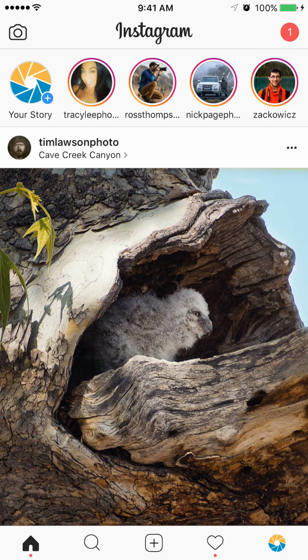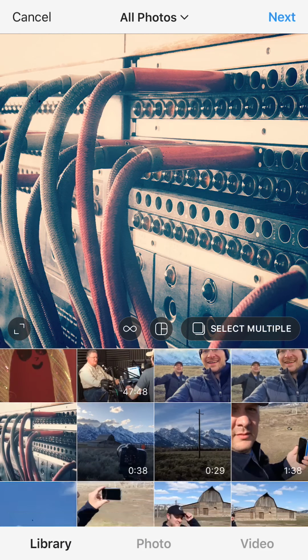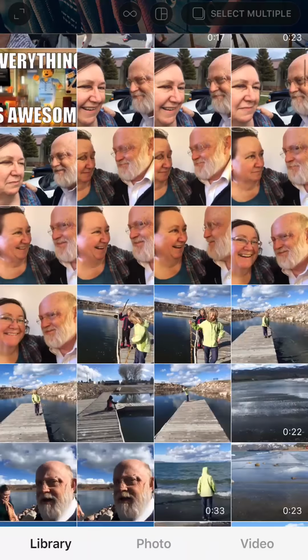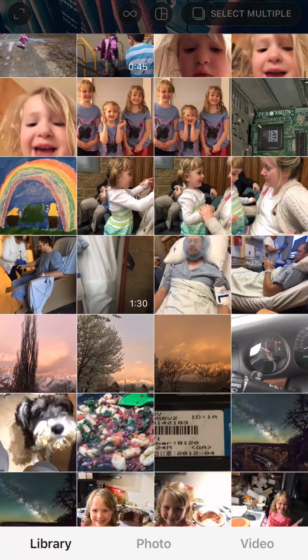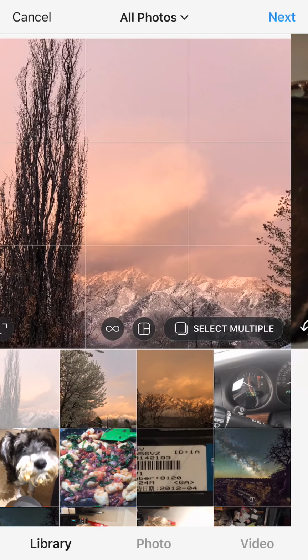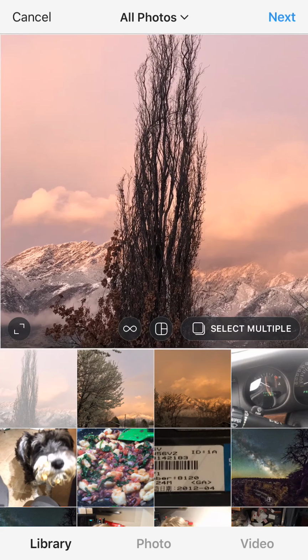Okay, today guys, I'm going to share with you how I process in Instagram. And so when I pull up Instagram to add a new photo, I choose the photo I want. And sorry, there's a ton of stuff down here. Okay, so I pick the picture I want, and then you can drag it around to where you want to